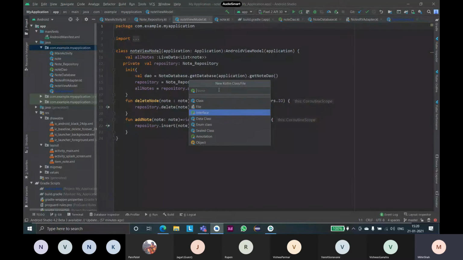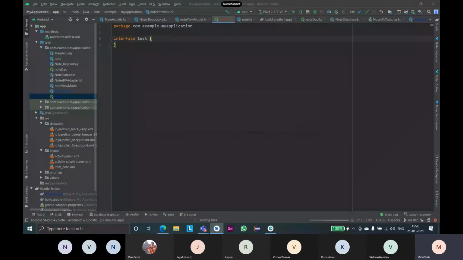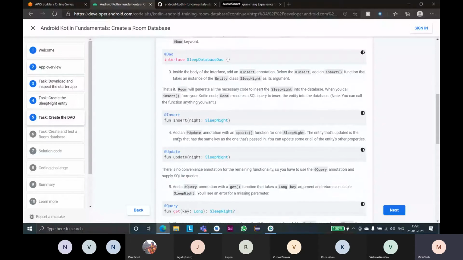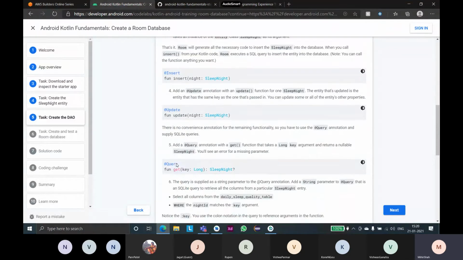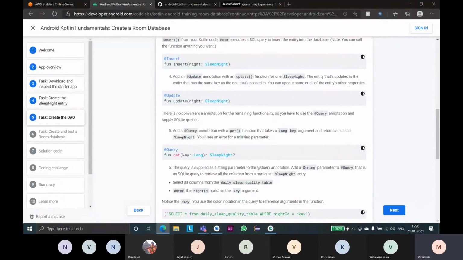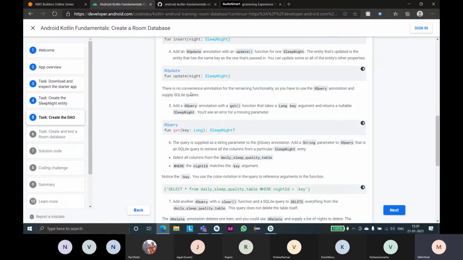For example, we can make it a test interface. Okay, and that's how you declare an interface. Yes, and then these are some necessary functions: insert functions, update functions, and query functions, and each will have an annotation associated with it.